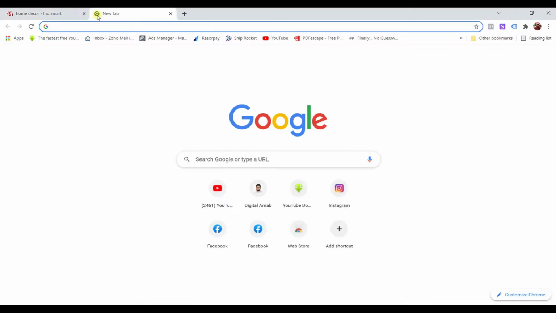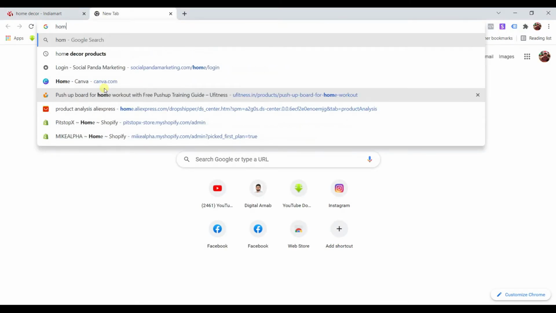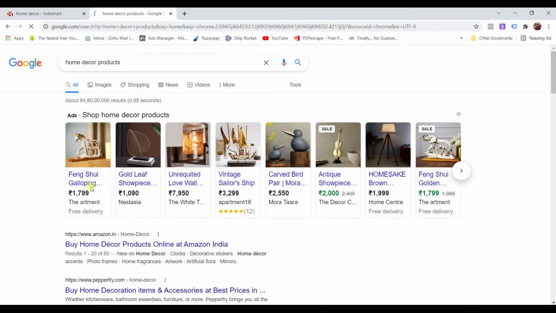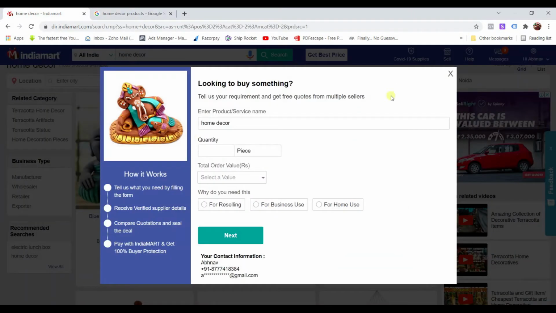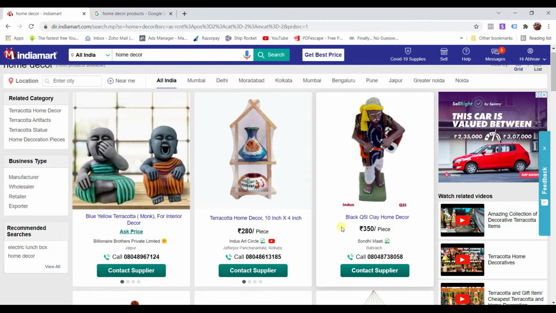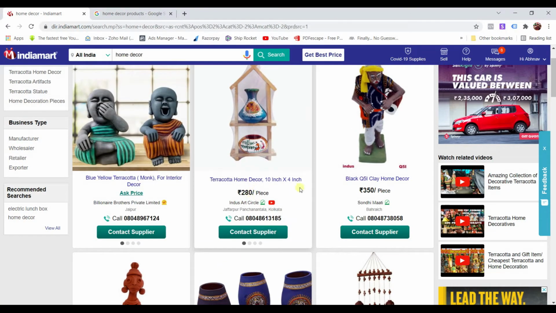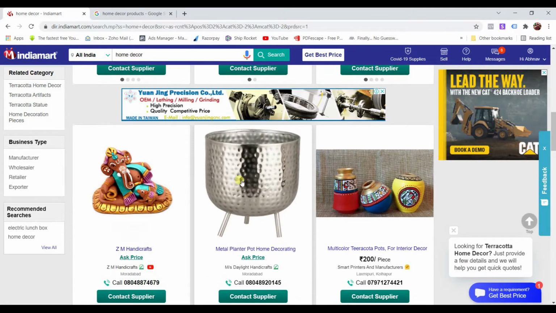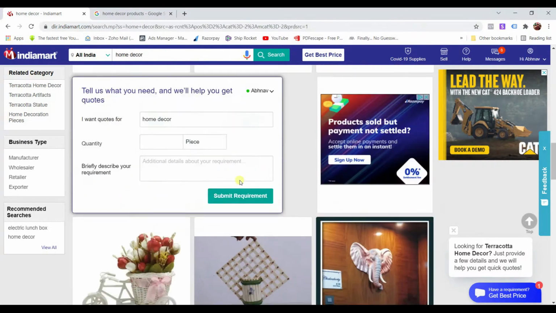Now if I give the example of this home decor, see, look at what people are selling in home decor, right? Just type it, home decor products. We have different kinds of options and you can see the prices here, right? So if they are selling something for 1000 rupees, 2000 rupees, even 7000 rupees, can you see the potential here? You are getting the products at around 250, 280, 350 rupees, right? And there are a plethora of products here, right?